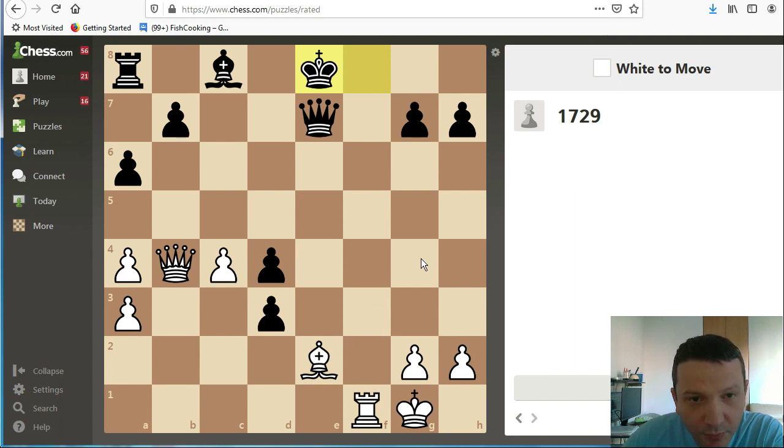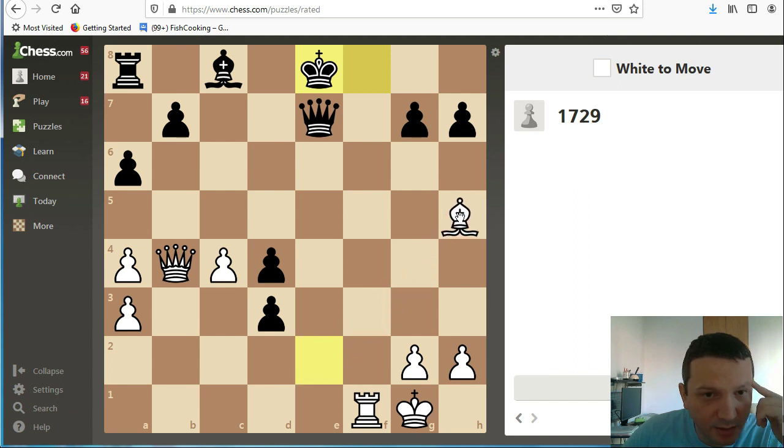How to move on? Okay. I can take the pawn. Okay. I can take the queen. I can check like this. But black can stop me like this. Okay, so